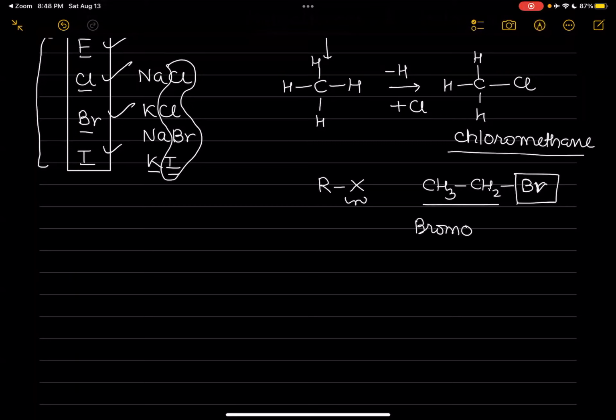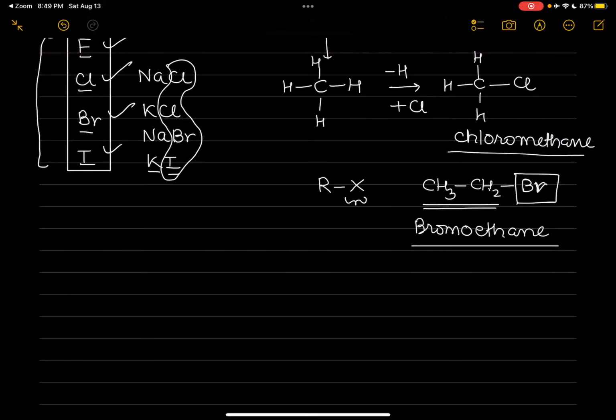And which alkane is it? Tell me. Which alkane is it? It is the alkane having two carbon atoms. Okay, so one carbon atom is methane, two carbon atoms is ethane. So it is bromoethane. Okay,